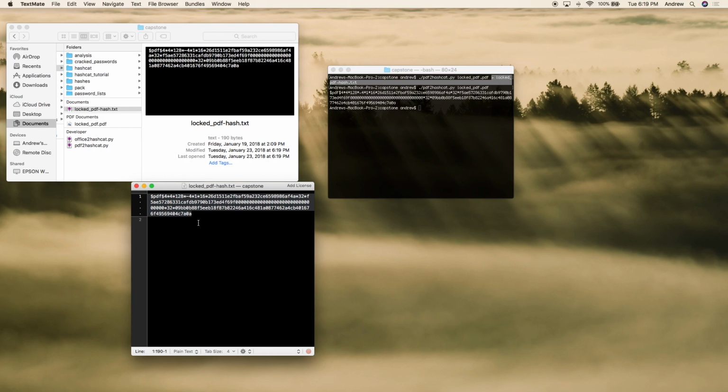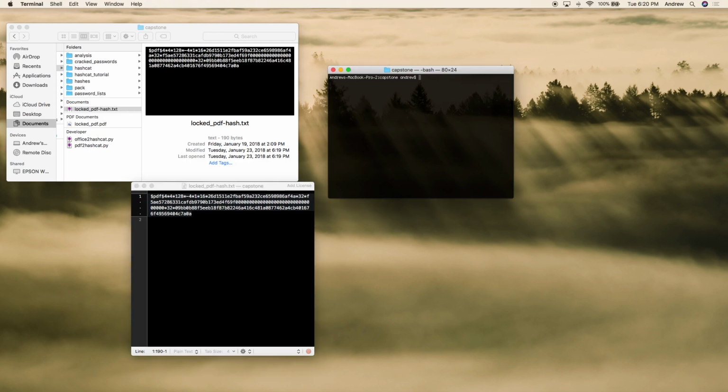So now that we have that and our Python script has already correctly formatted the hash, we're going to calculate our rig's capabilities. So we've gone over steps 1 and 2. Number 3, we're not going to really necessarily evaluate the hash strength. We're not going to cover that in this tutorial. But in order to calculate your cracking rig's capabilities, you're going to want